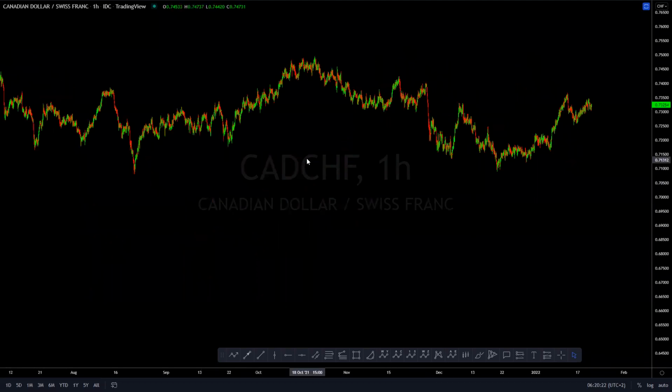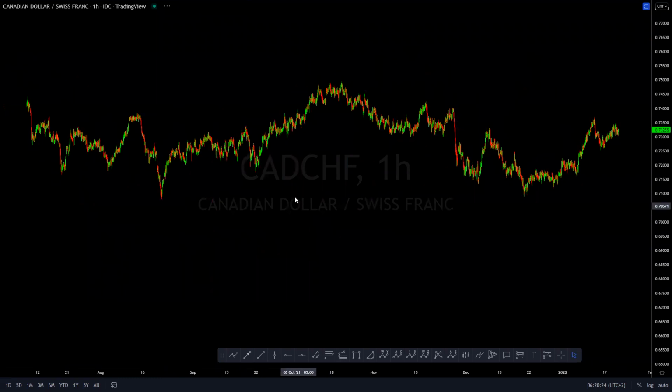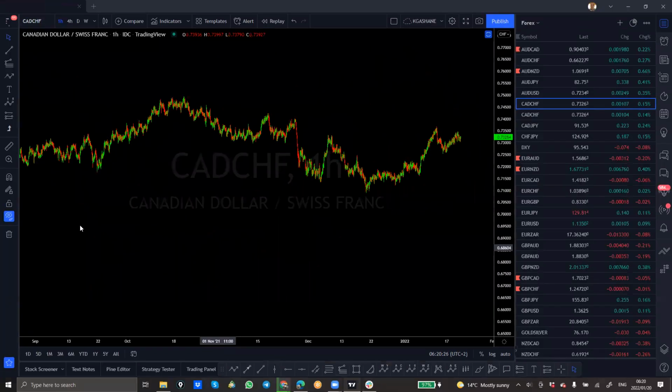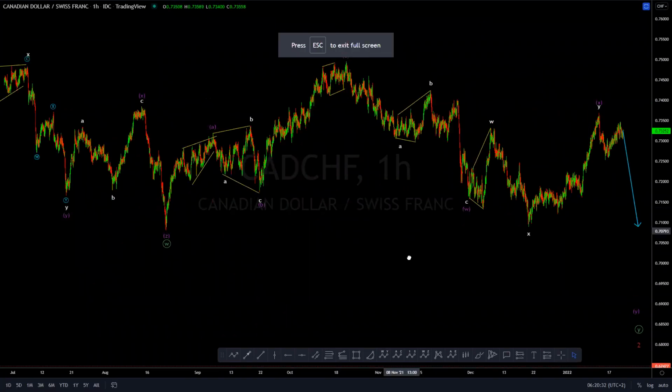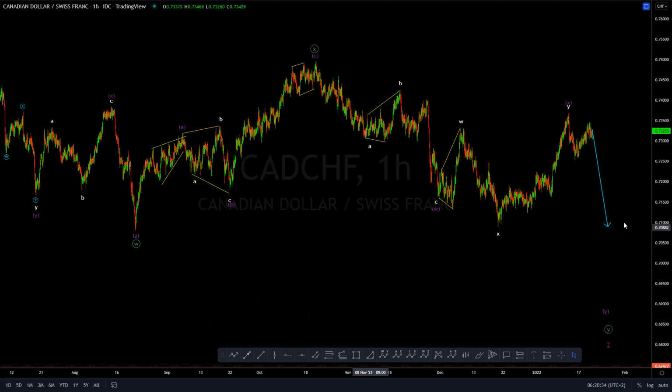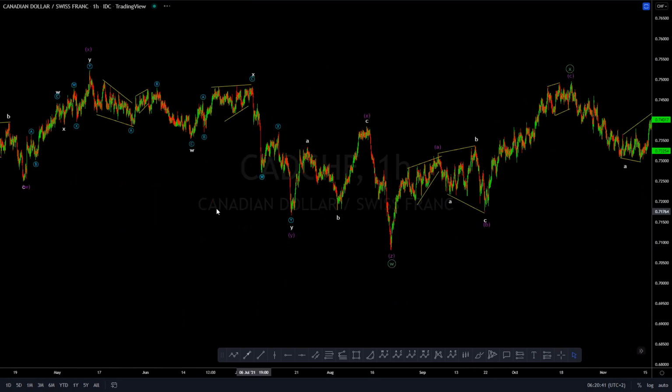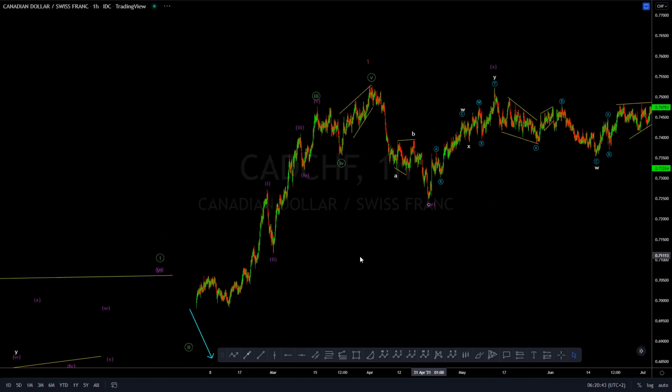Okay, so the question is, when do we expect the start of the move to the upside? Do we expect more downside first before upside, or do we expect upside from current levels? So with the 1-hourly view that's presented here, just taking you back,